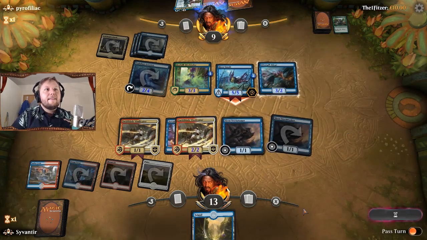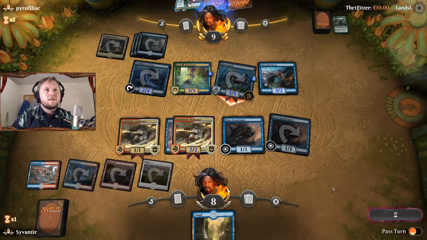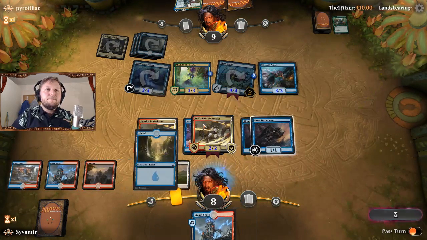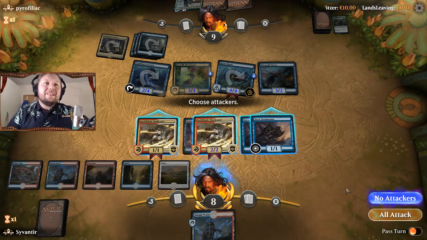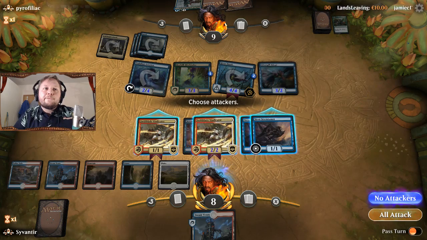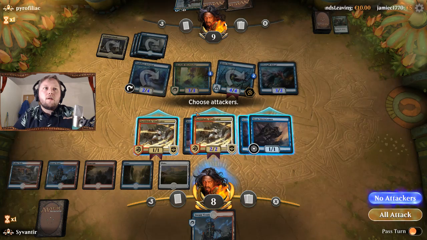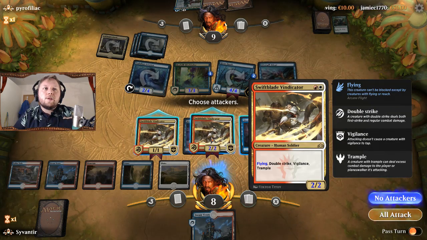Oh, I think we have the better clock though. I think we have the better clock. Did not want to see that at all. Question here is, do I attack with this Vindicator? I think the right play here is to attack with this,